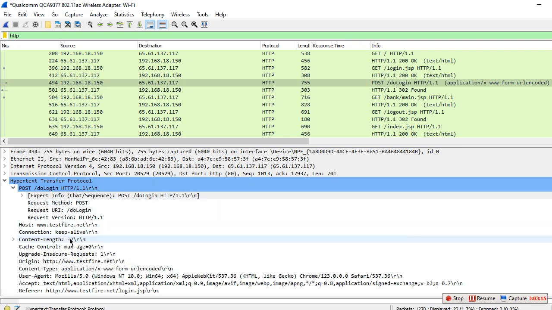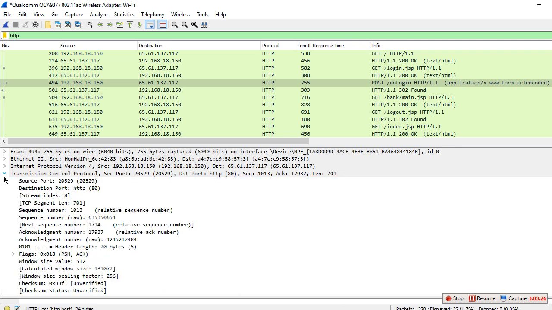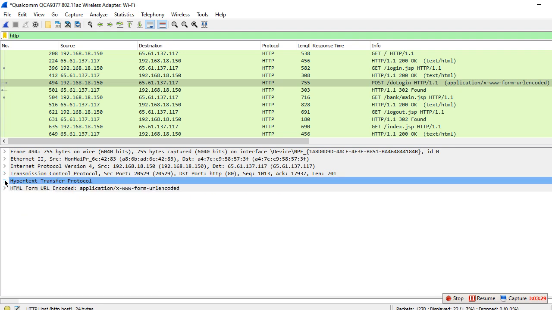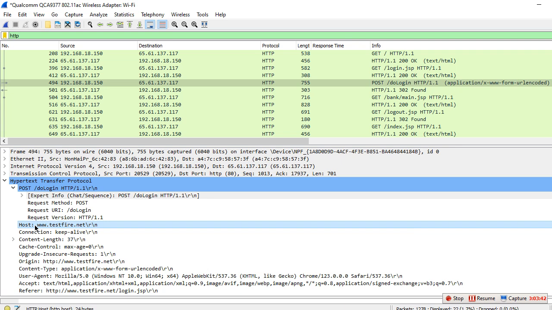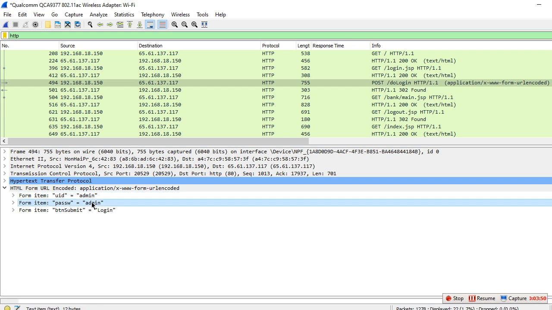We can see the host, that is testfire.net. Then in the HTML form URL-encoded section, we can see that the host was testfire.net, the username was admin and the password was admin, and it was login.